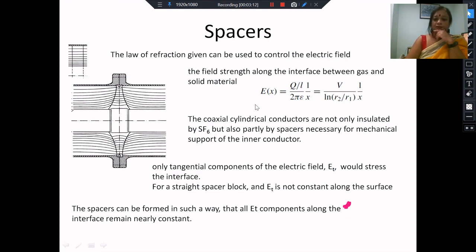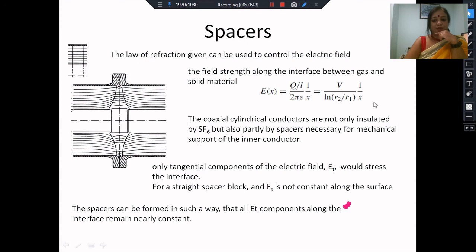Now we know that the electric field varies with distance from the center. So if you have a straight block, these would be your equipotentials. The equipotentials would all be parallel to the conductor. If you have a perfectly linear conductor, then these equipotentials would be concentric cylinders with respect to the inner cylinder. Along this line you have one potential, these are all equipotentials. But